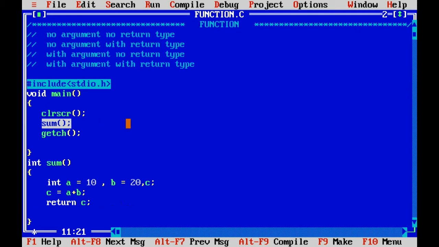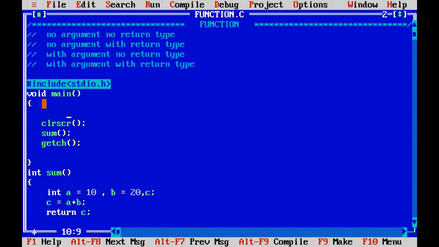So I am calling the function here. I need some variable to get the value of what I am passing. C is what I am passing, so I need to catch that C here. For that I will create a variable again, of the same type, integer.